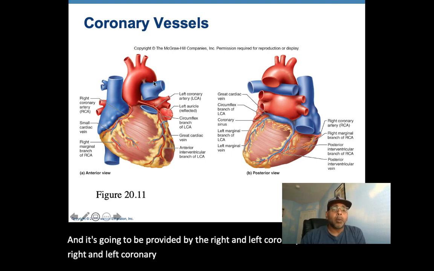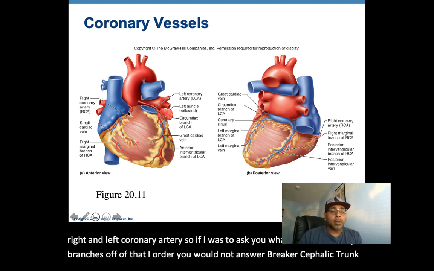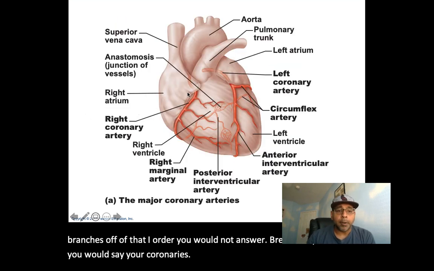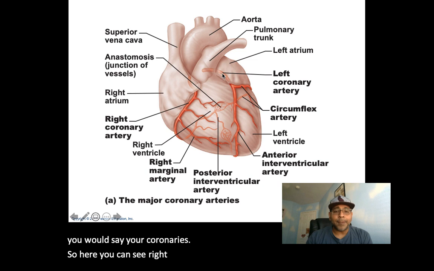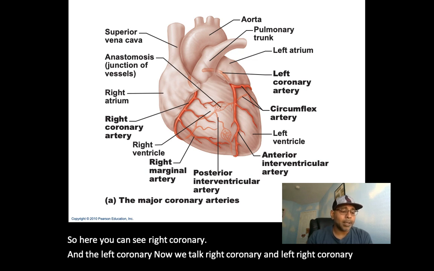So if I was to ask you, what are the first major branches off of that aorta? You would not answer brachiocephalic trunk. You would say your coronaries. So here you can see right coronary and then left coronary. Now when we talk right coronary and left coronary, the right coronary artery courses to the right side of the heart,